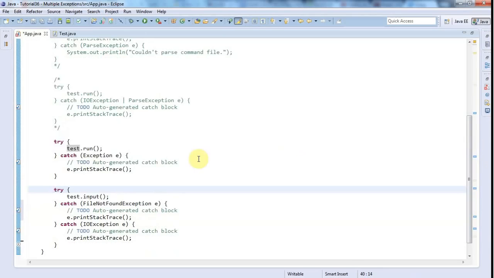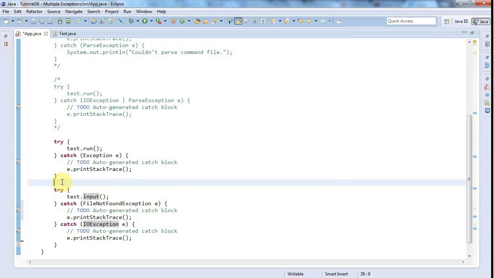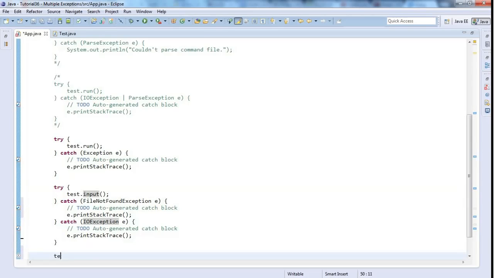The thing is, they ask you this on exams and in interviews all the time. So if you think you might sit an exam or take an interview, it's worth understanding that if you've got a child exception, you've got to handle that first before the parent, because otherwise the parent would catch it due to polymorphism. And I think, in fact, with try multicatch, if we say test.input